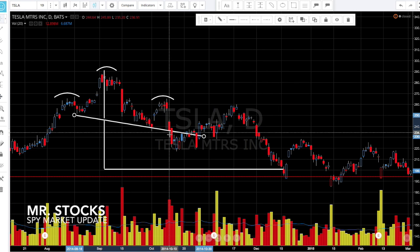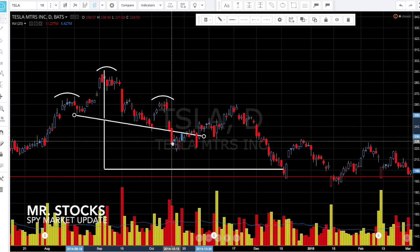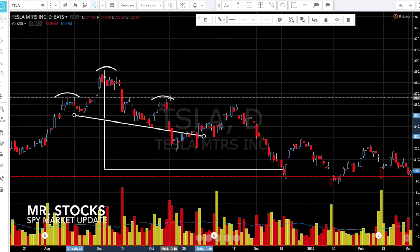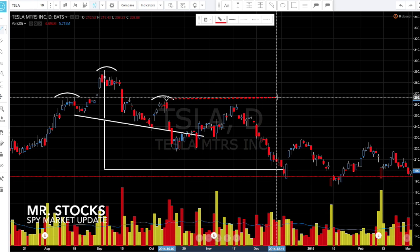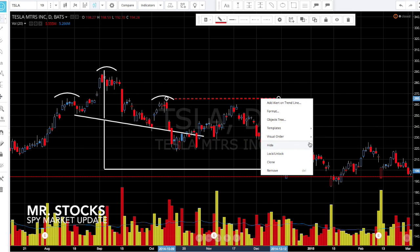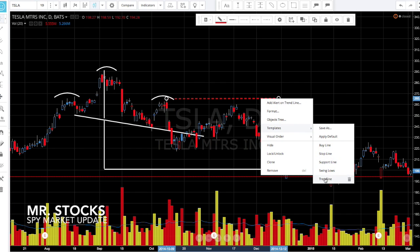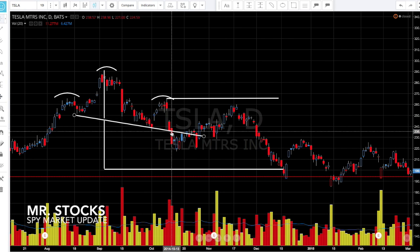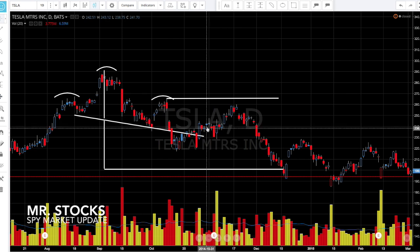And the only way that signal turns off is if something invalidates it, and usually that is a newer high. So if you take a look at the right shoulder here, you see that the high is in this range right here. And let me just reformat this for you. I'm just going to put that as a trend line. Okay. So if you had gone all in and shorted Tesla, you would have been burned, because here you would have been,